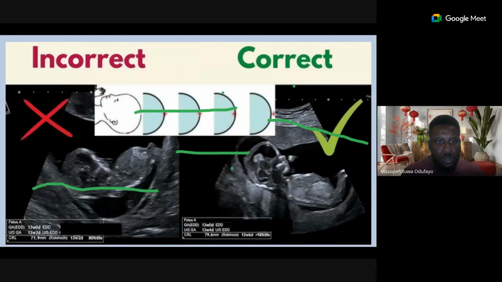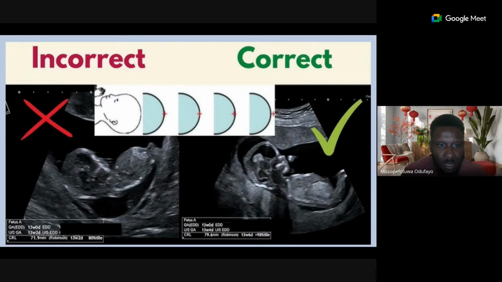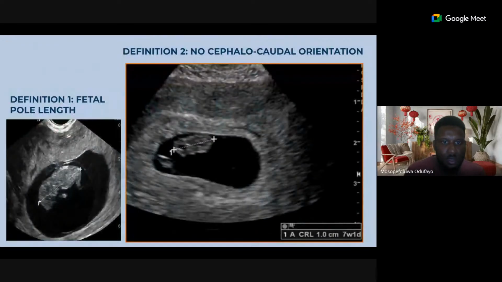Let's move. So now this is an example of that wrong flexion I was talking about. See, the baby has flexed their neck here. We can't see it, so it makes this CRL a little bit short. Is that okay? And so this CRL is not good, this one here, while this one on this other end here is fantastic. Is that okay? Good. So now look at this one. Here we can see the head. We can tell that the head is around here. And then here we can tell the bum is here.